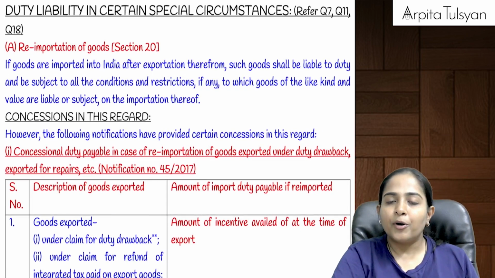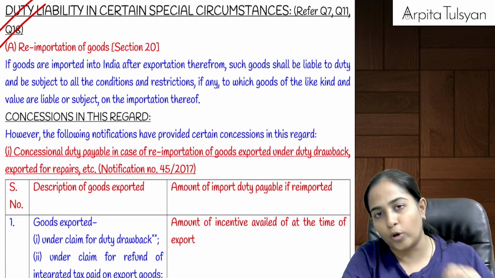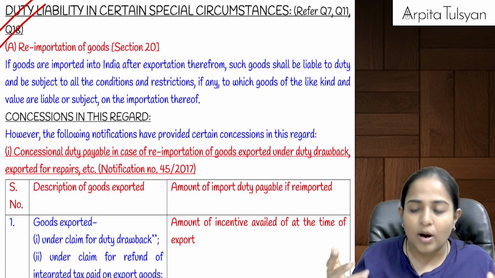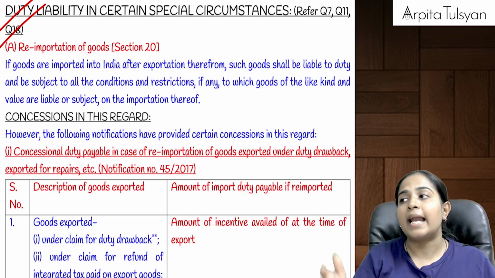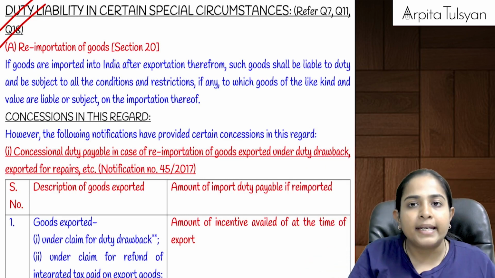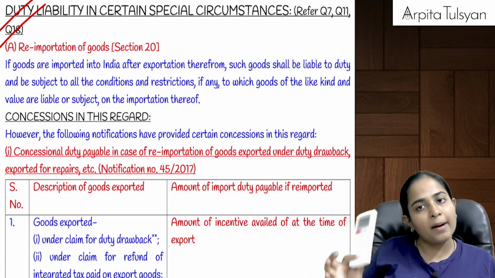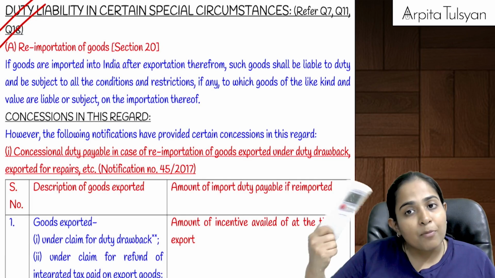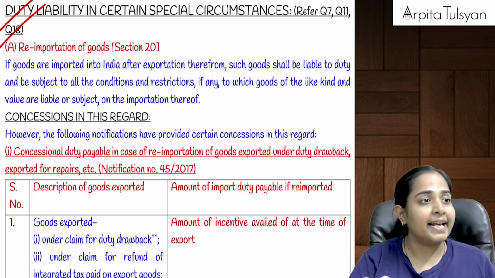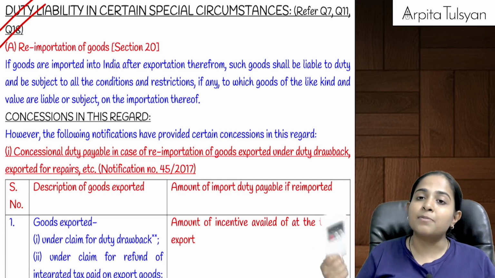Yes. Okay, then going on to the next one. Next is very, very important: Section 20 along with two notifications. Section 20 talks about re-importation of goods. It can so happen that we first exported the goods and now, for some reason, we are importing the goods back into the country. Let's say I had exported these goods outside the country, and at the time of export I had taken some benefit of export duties. For example, I had exported under bond or LUT without paying the taxes, or I had paid the taxes but took a refund of the same.